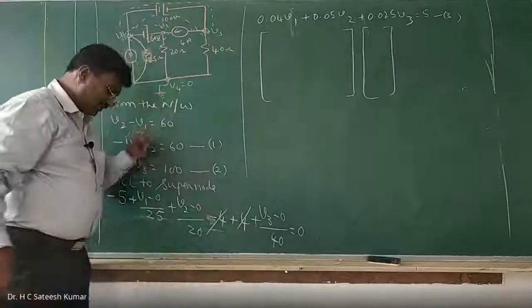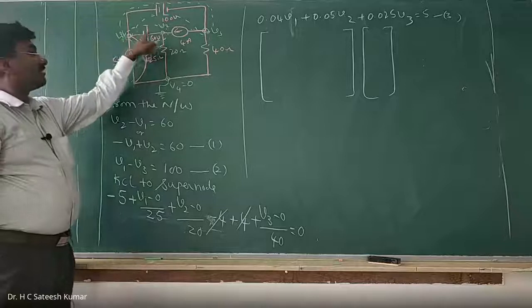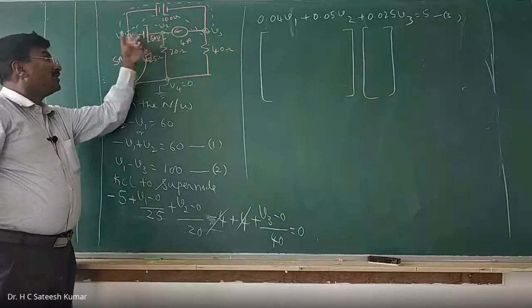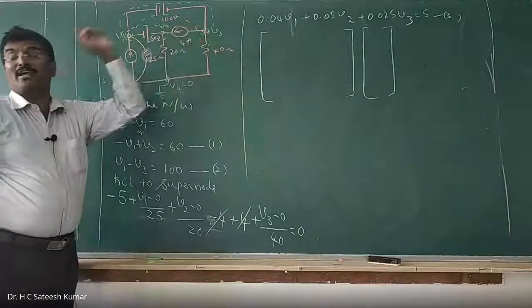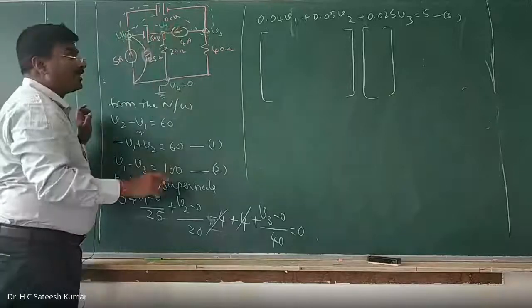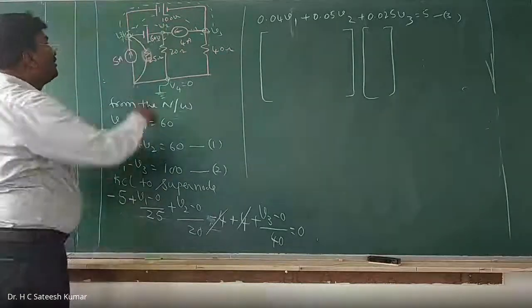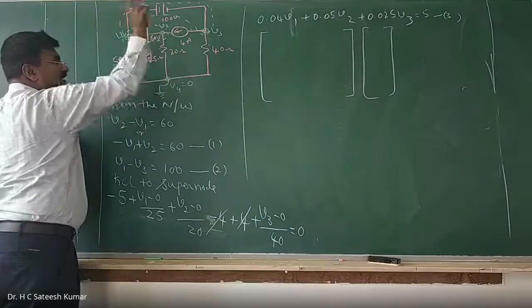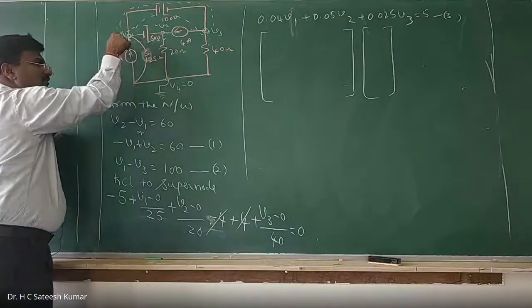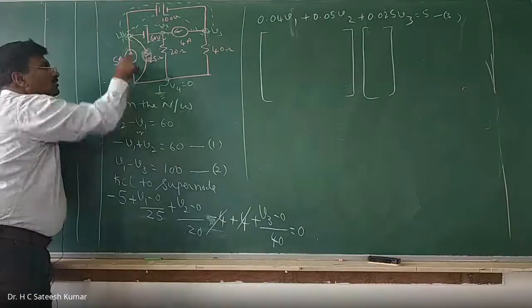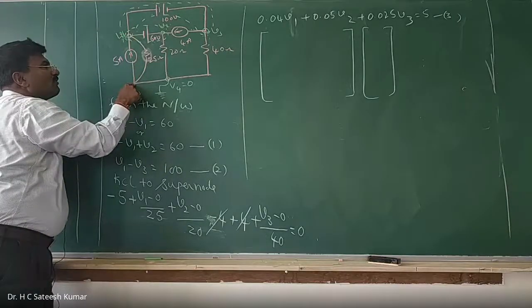Look here. Just observe it. This and this combined together, we have a single node known as a supernode. This and this combined together, we have a supernode. Therefore, all of them are supernodes only. All of them I am combining. Leave this one. What source is there? That term will come, so leave it. And what is left out? V1 minus 0. So V1 minus 0 divided by 25.